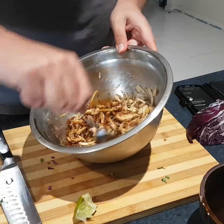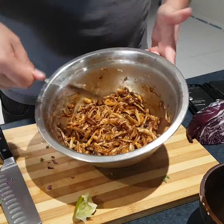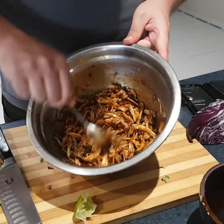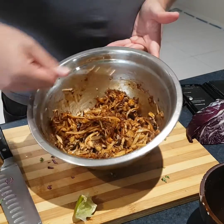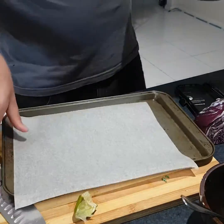Give it a good stir, you want a nice even coating. Don't worry, it's really going to firm up in the oven. We're cooking them a little harder, by harder I mean at a higher temperature, so they get a bit stiffer and caramelize a bit more, because there's not much of the natural animal fats in there to cook it, so it'll just be whatever's in the barbecue sauce. Half each